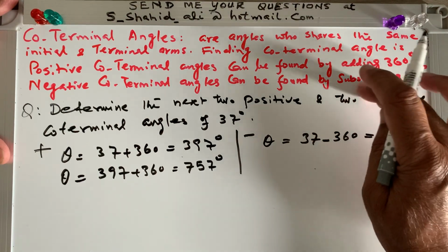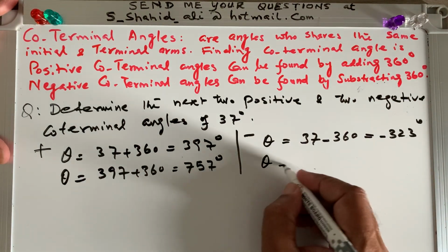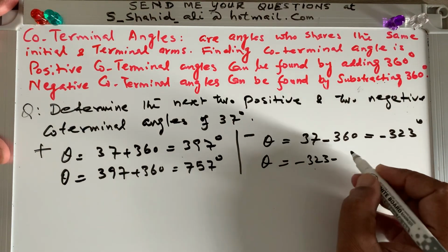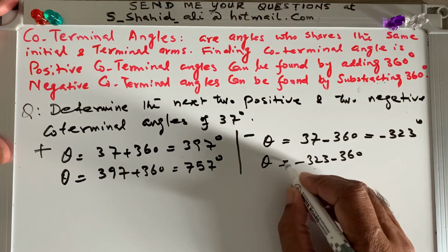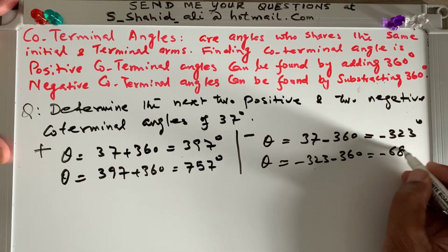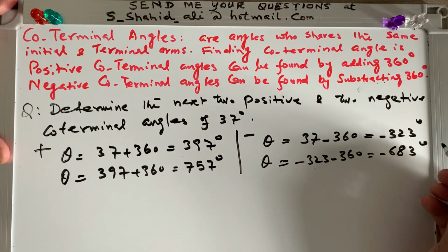And then we will apply the same. Theta is equal to the next one, minus 323 minus 360, right? So that will be equal to minus 683 degrees. So that's how, if you know the definition of coterminal angle and the examples which I told you,